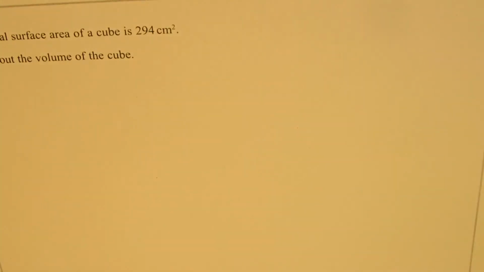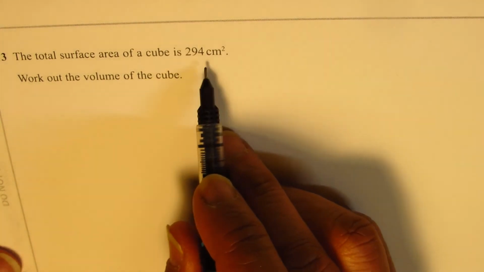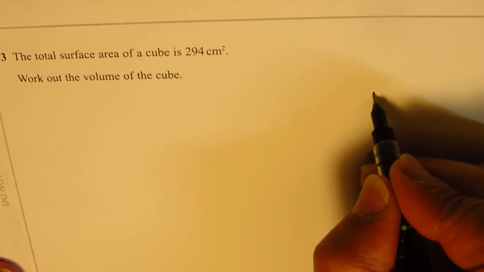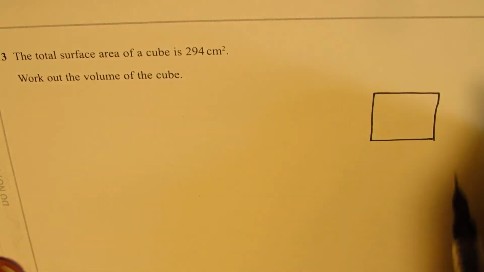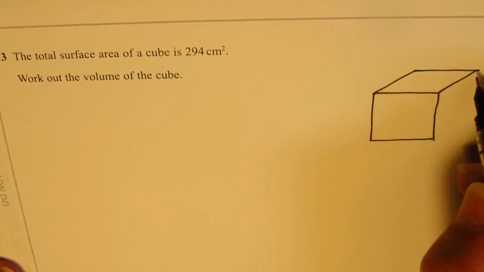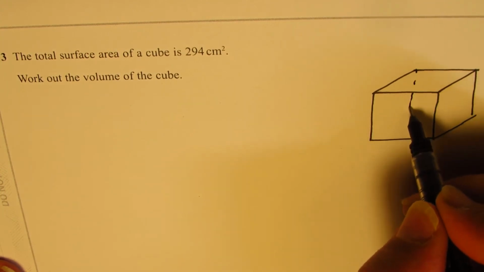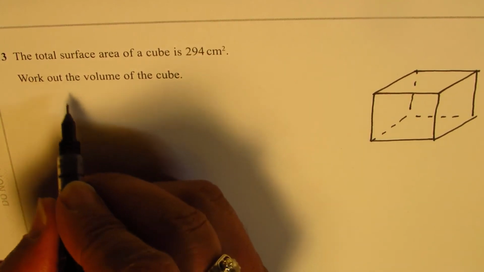Now let's see what is the next question here, which is question number 13, which says the total surface area of a cube is 294 centimeters square. Work out the volume. Okay, so a cube has 6 faces, right? So that is one face of a cube, and we have 6 faces of a cube. So let's just sketch one here. So 3 you can see and 3 on the back side. So 6